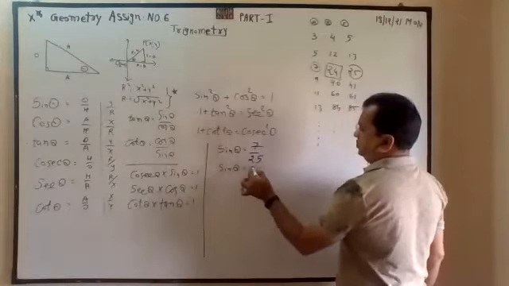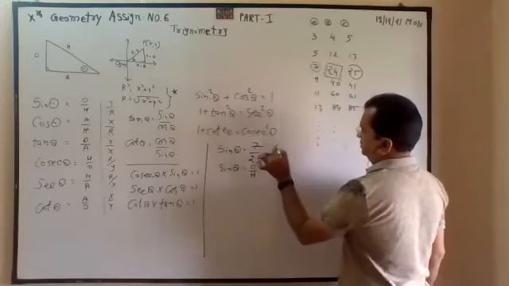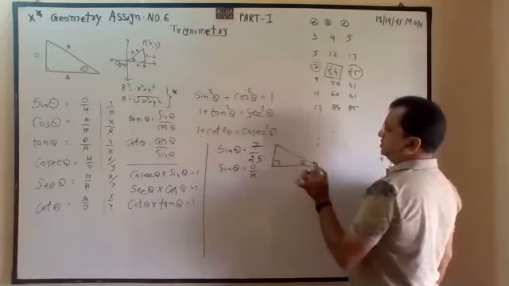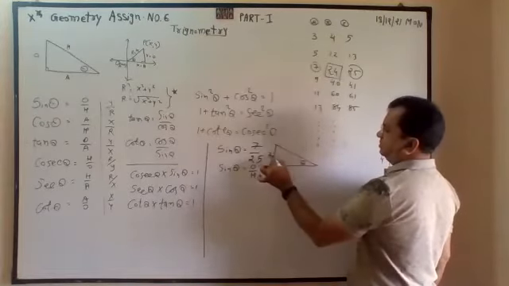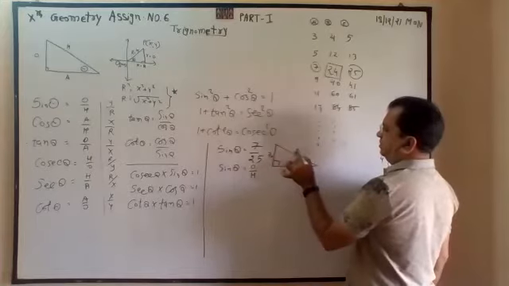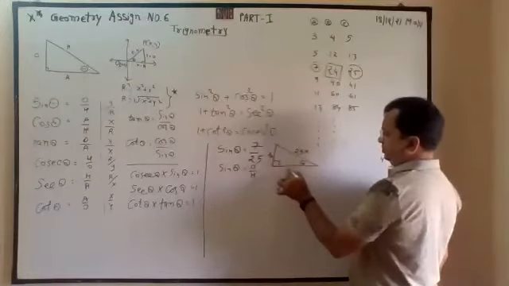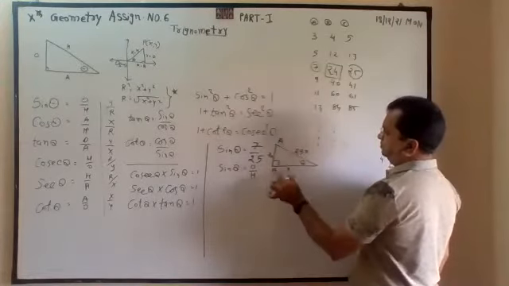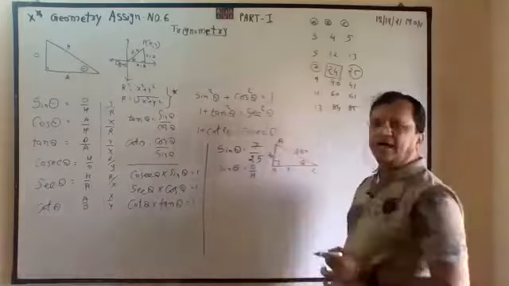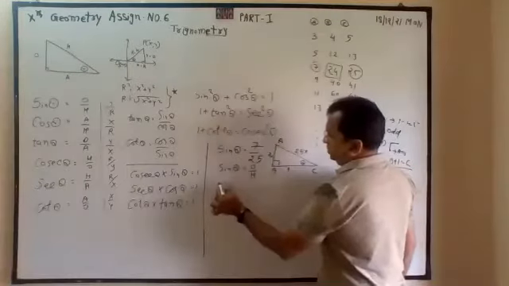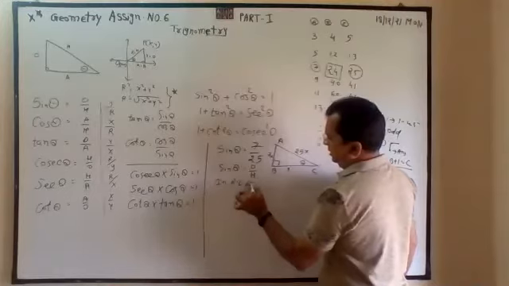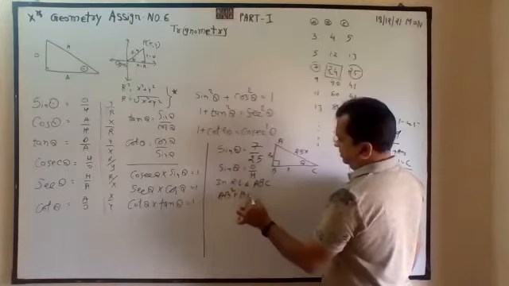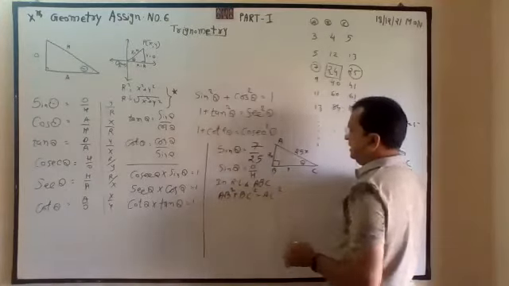So sine theta is equal to opposite by hypotenuse. This is theta, this is opposite. 7x, you can say 25x, because it is a ratio. So this is a question. Opposite given, hypotenuse given. So in right angle triangle ABC, AB square, BC square, AC square,